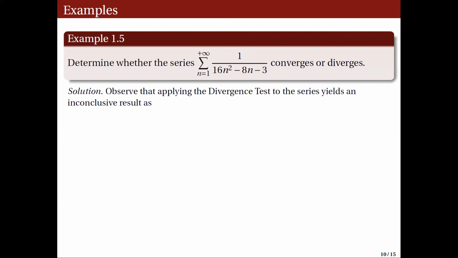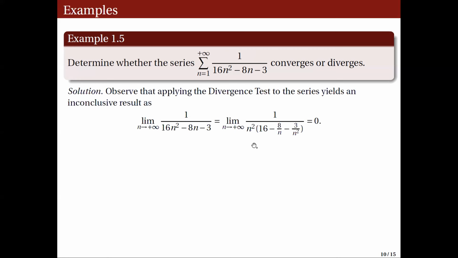So observe that if we apply the divergence test to the series, we will yield an inconclusive result as the limit of the nth term, 1 over 16n squared minus 8n minus 3, as n goes large, which can be written in this way. We actually have to factor out n squared on the denominator, giving the limit of 1 all over n squared times 16 minus 8 over n minus 3 over n squared